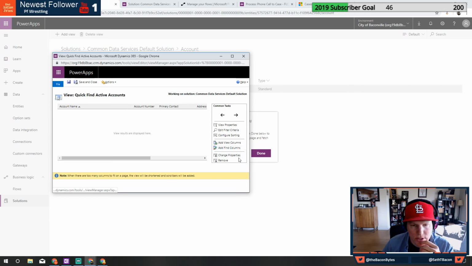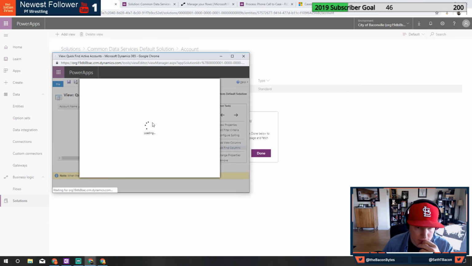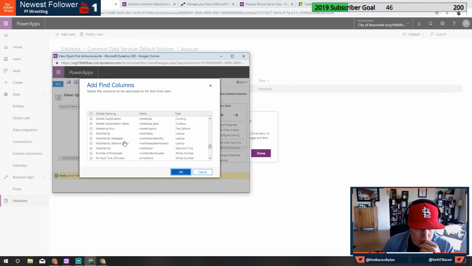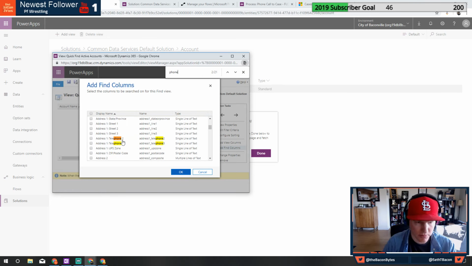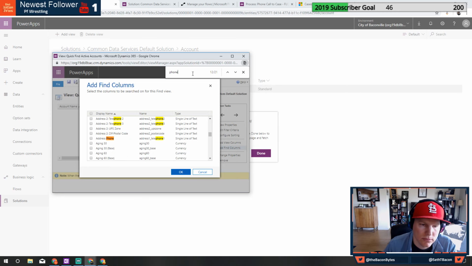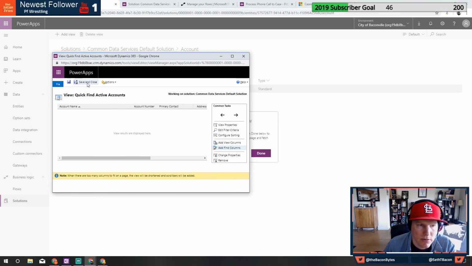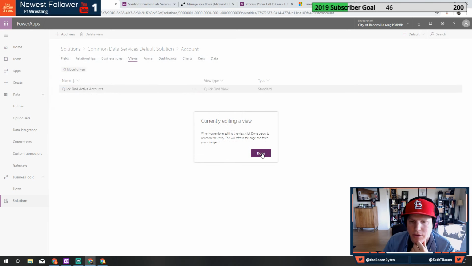So making the change again back in our solution. What I'm doing is I'm changing the find columns. And I'm going to look for phone call or phone number. It's already main phone and other. Cool. Cool. So those are there. Save and close that, and then bounce over to the contact. Do the same. Make sure that we can look at the contacts by their phone number.